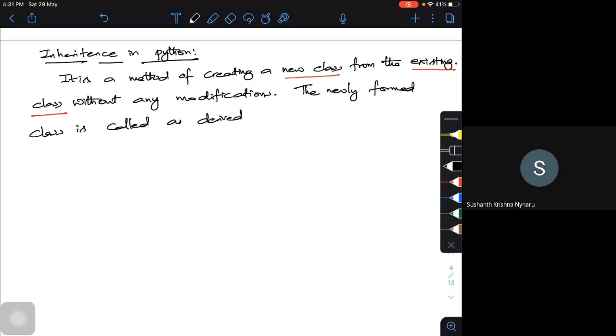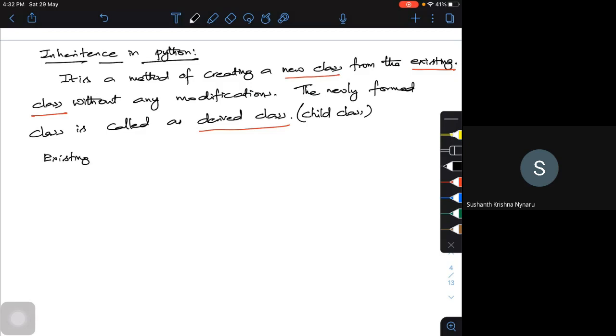Some books I have seen also call this a child class, because the main class is the existing one.